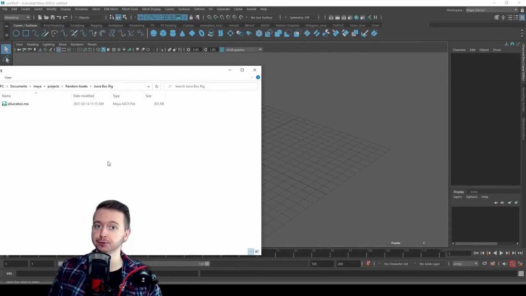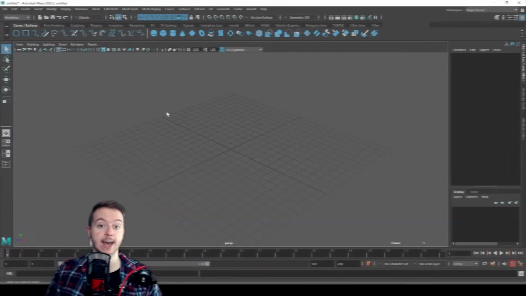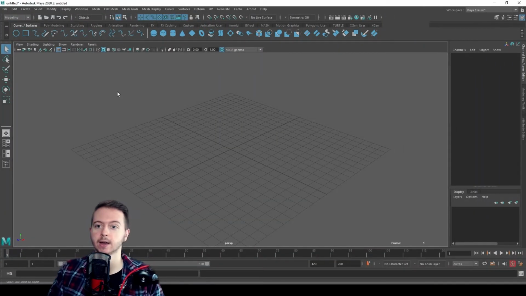Once you have your Juicebox rig downloaded, it'll come as this .ma file, and MA actually stands for Maya ASCII. So it's a Maya file basically. I would highly recommend you keep this rig in your Maya folder in My Documents. And I made a separate Juicebox rig folder for this. Now that we've got file management out of the way, let's go ahead and bring that file into Maya